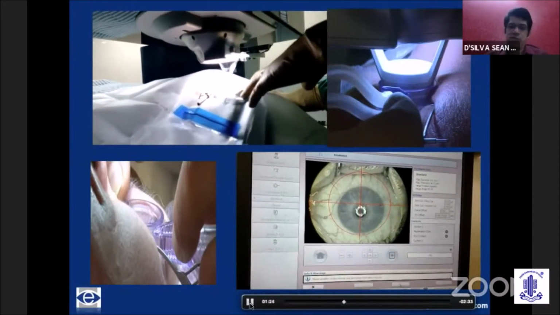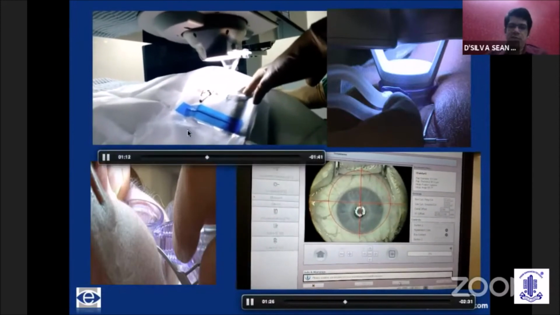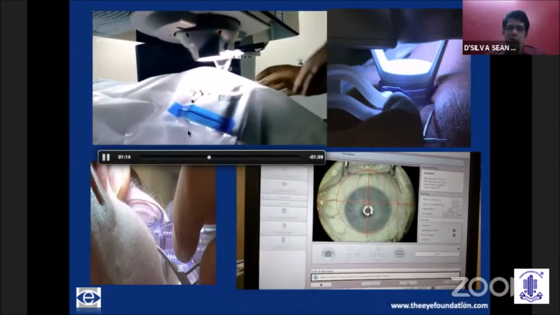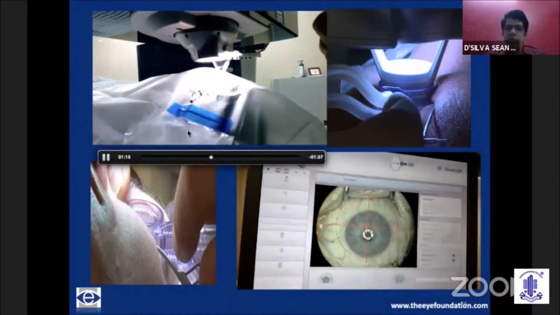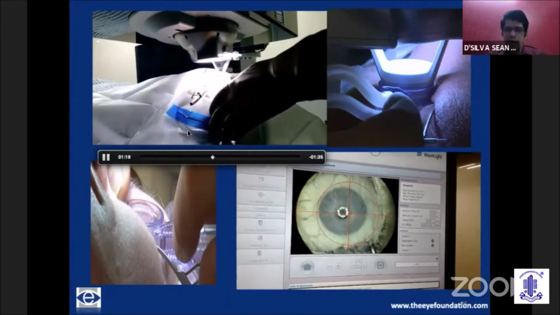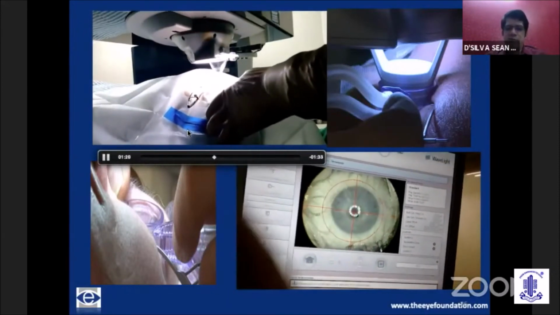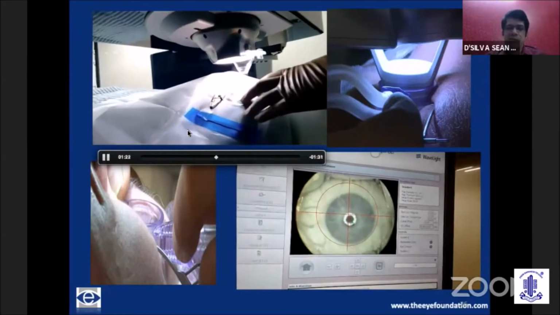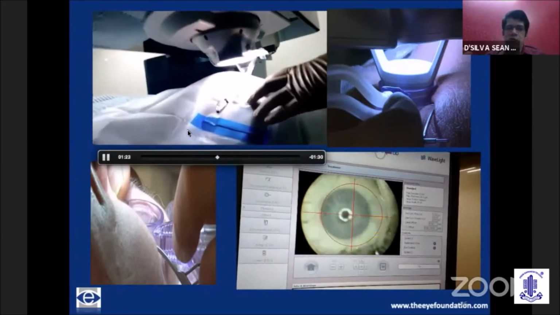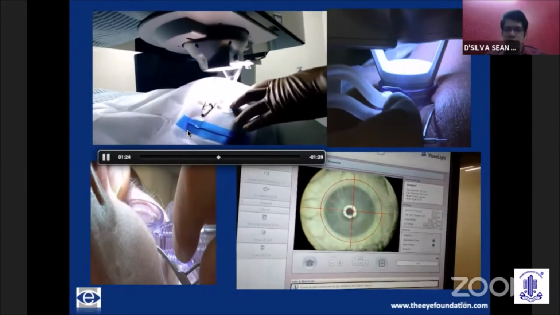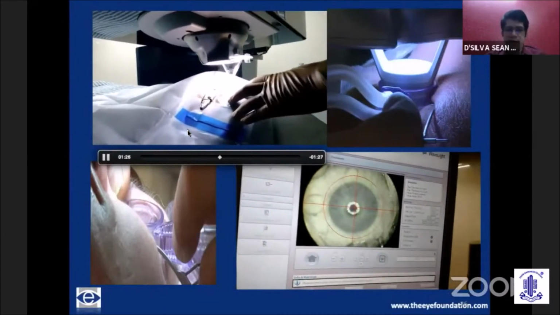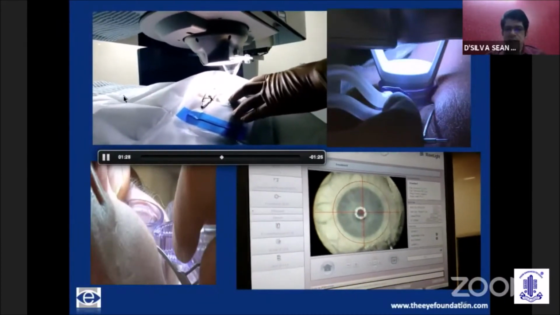I'm working on the FS200, and once you have put the speculum in and allowed adequate scleral exposure on either side of the cornea, you allow the cone to dock onto the surface of the vacuum, and the laser would hardly take around 7 seconds to get completed.